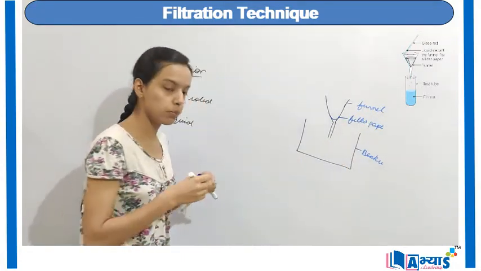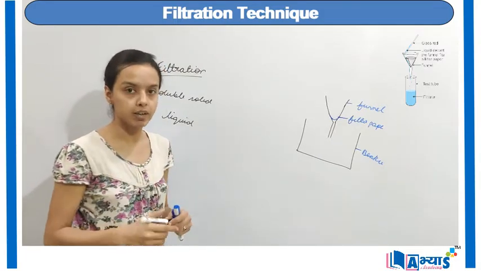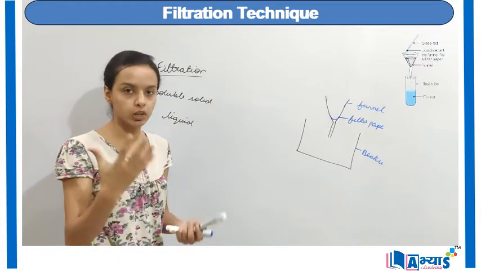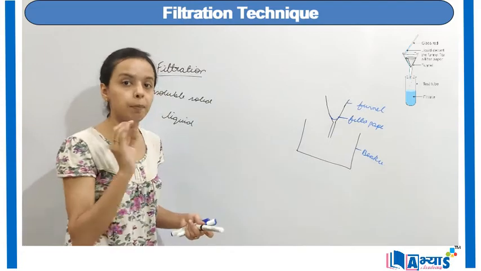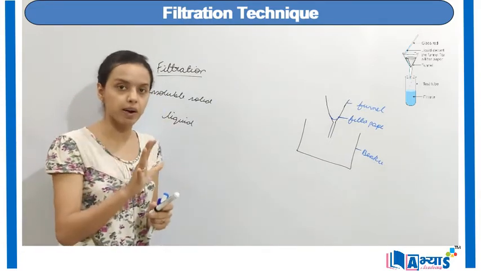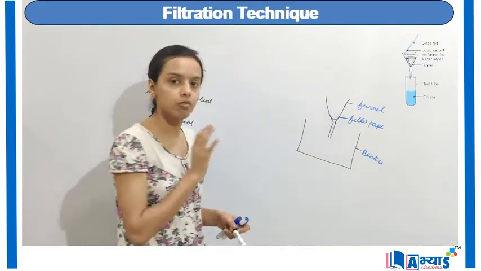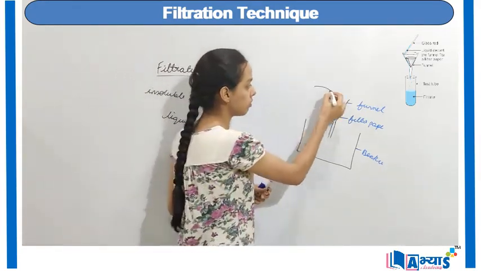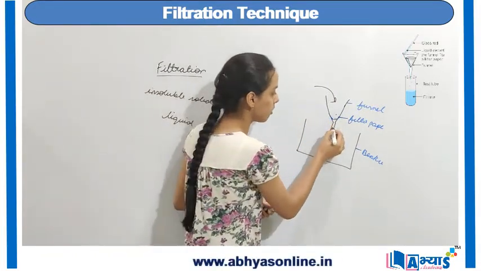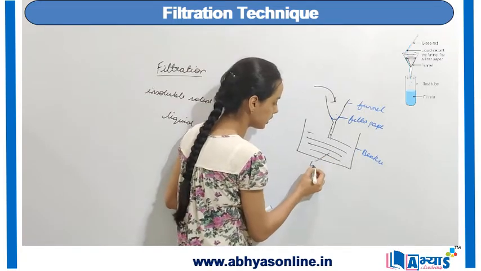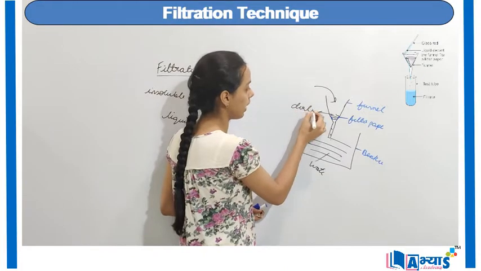And now let us discuss the process of filtration. So suppose I want to separate the dirt from the muddy water. Now as you know, water is a liquid substance, so this liquid will pass through the filter paper and will come to the beaker. But the mud or the dirt, which is a heavier particle and an insoluble solid particle, will remain over the filter paper. So suppose the mixture is being poured into the filter paper, the water will come at the bottom. This is the water, and the residue or the dirt will remain at the top.